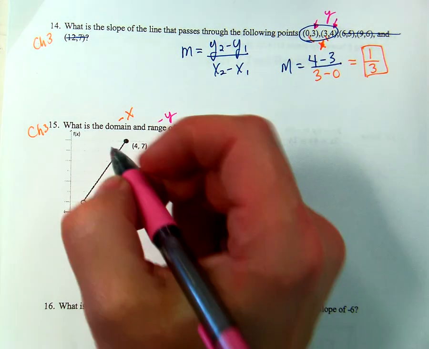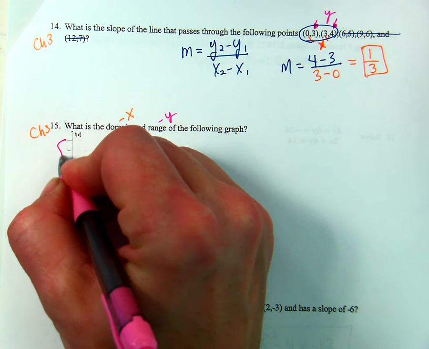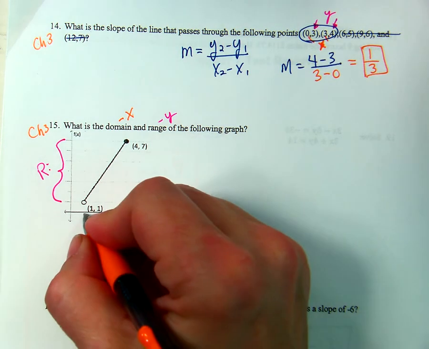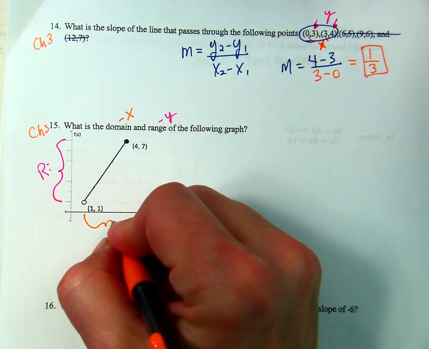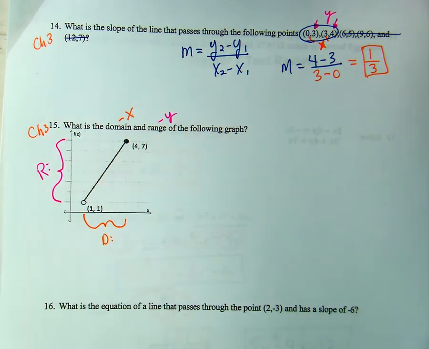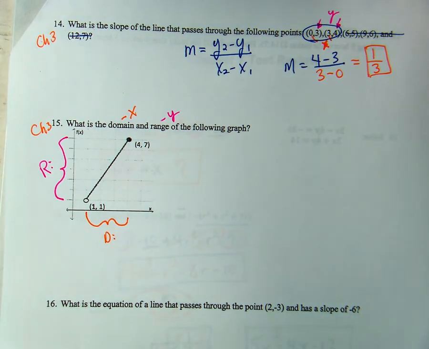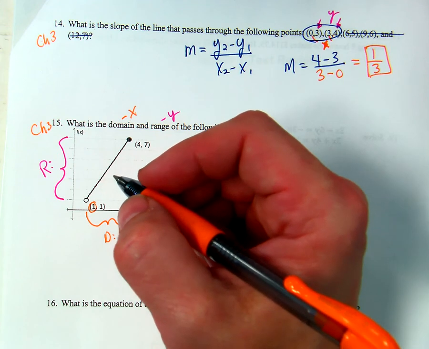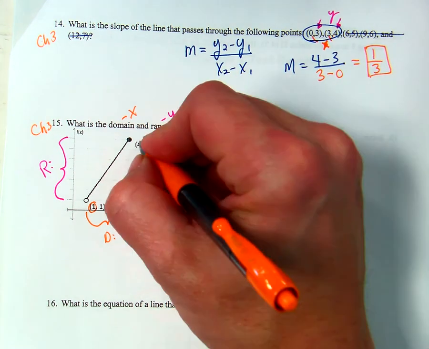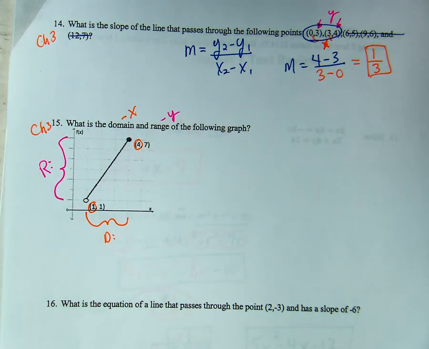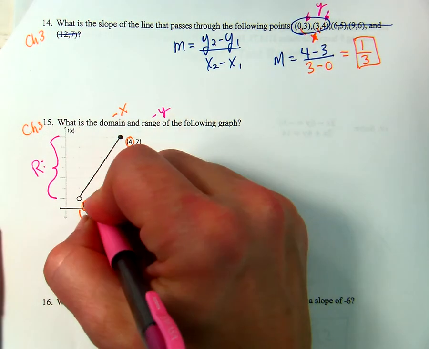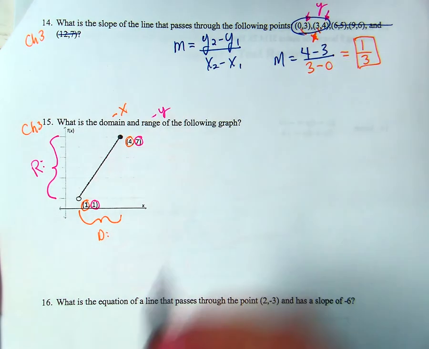Okay, and we'll kind of mark this on the graph as well. So this is my y values. This is the range. Okay, and then the x values is all the domain values right here. Those are the domain values, or the x values. Okay, noticing this point here, I'm going to work with the 1, and I'm going to work with 4 when I'm talking about the x values or the domain values. When I'm talking about the range values, I'm going to be using 1 and 7, which are the y values